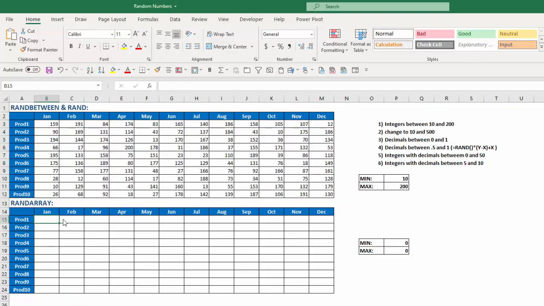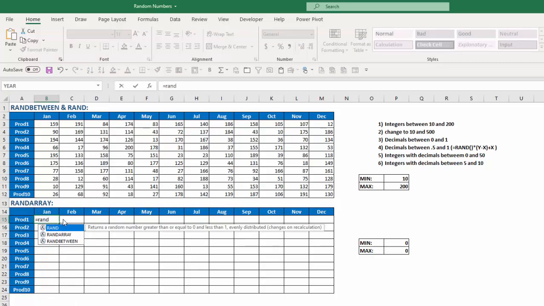So now let's do the same thing with the new function RANDARRAY. I don't have to highlight the range, I just have to select the first cell I want to go in, and instead you define your range within the function. So I'm going to say equals RANDARRAY. My number of rows is 10, my number of columns is 12, my minimum is 10, my maximum is 200,